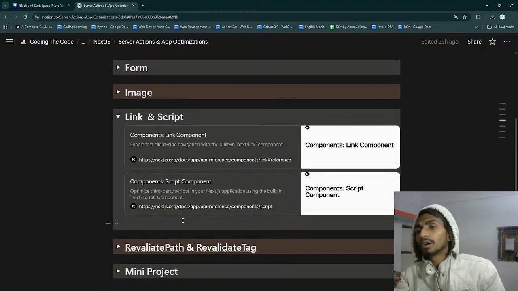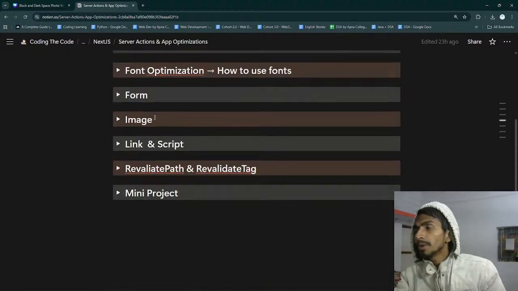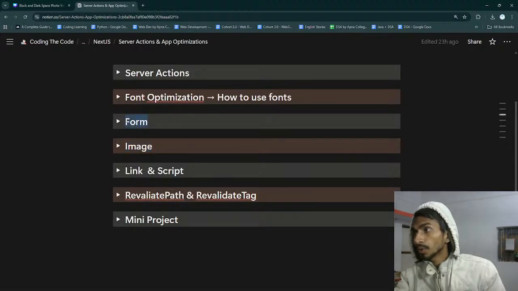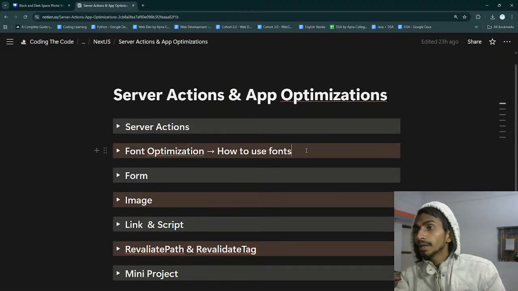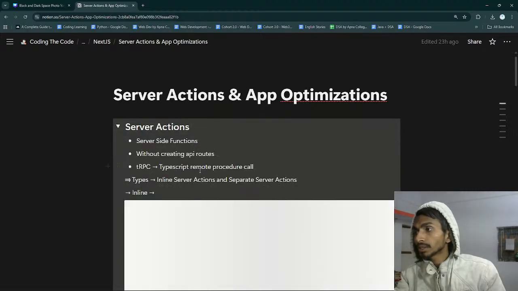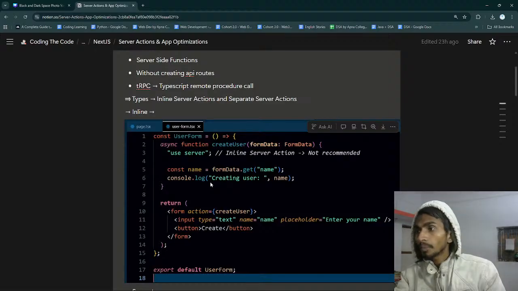Interesting. Link component I already know. Script means you can just add some more script. Image you already know. Next.js provides the image from its own side, and form, the same thing happens over here. Font optimization, you can add some fonts from your own side. And lastly, server actions. Here you actually create servers from your own side, and from there you can just simply